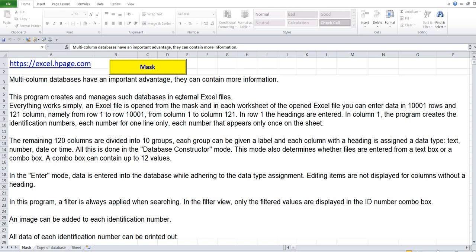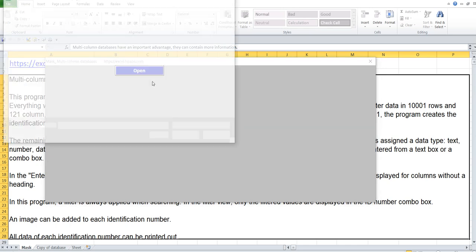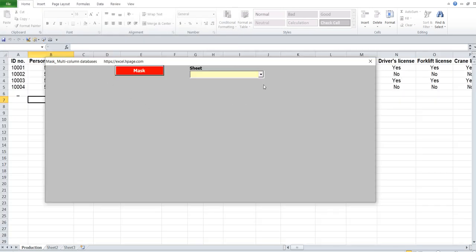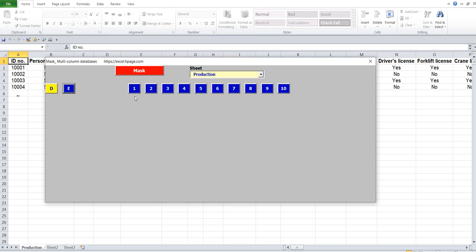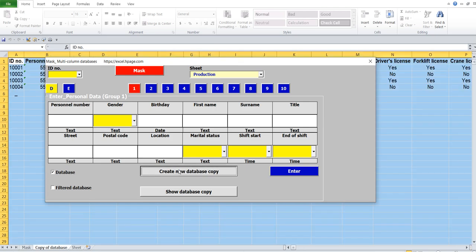Step 6. Create a filtered database. Multi-column databases in Excel working with this program can be divided into 8 steps. In the 6th step, a copy of the database is created. The data in the copy is filtered, and the filtered ID numbers are displayed in the combo box for identification